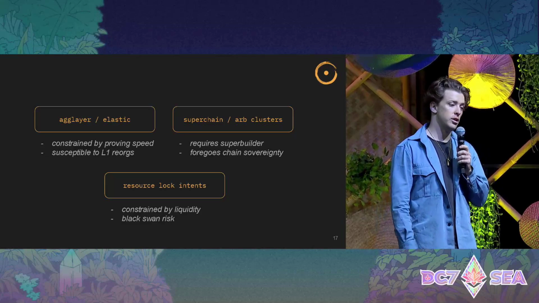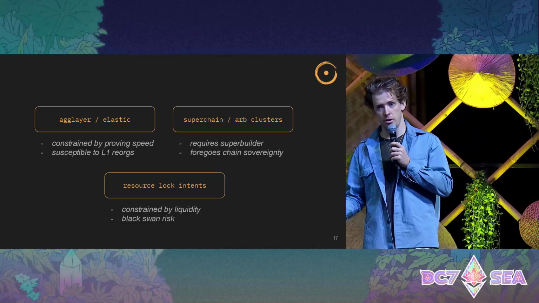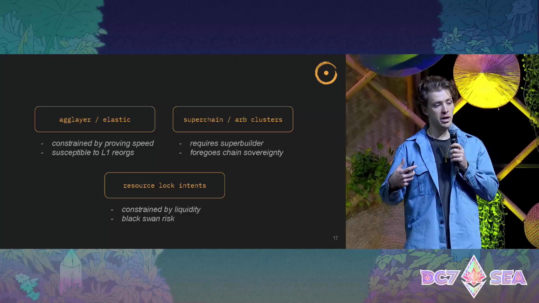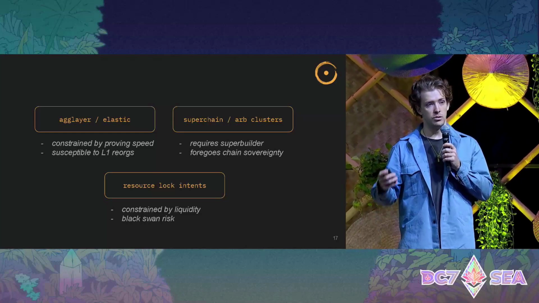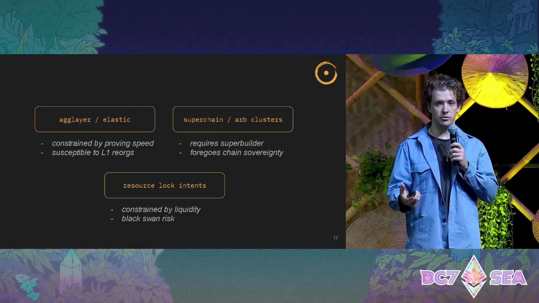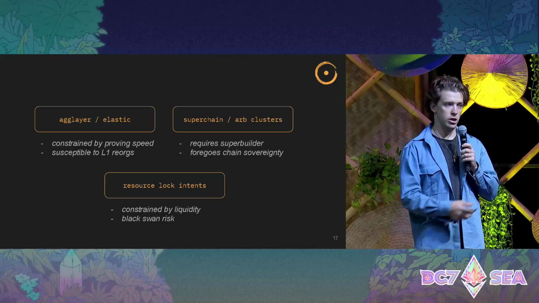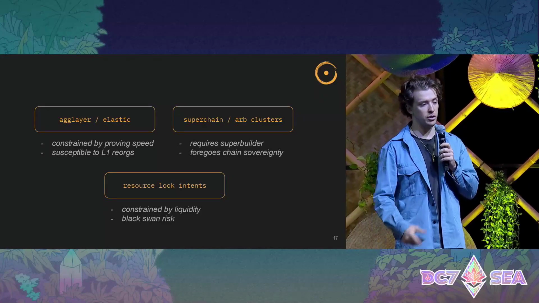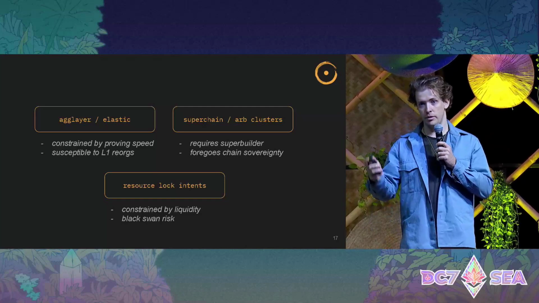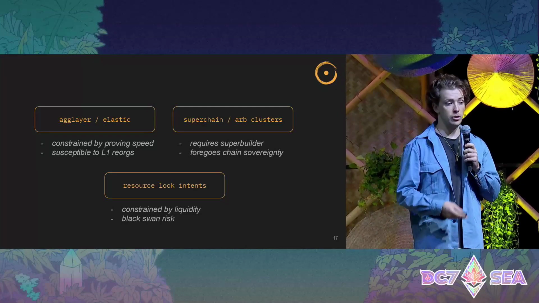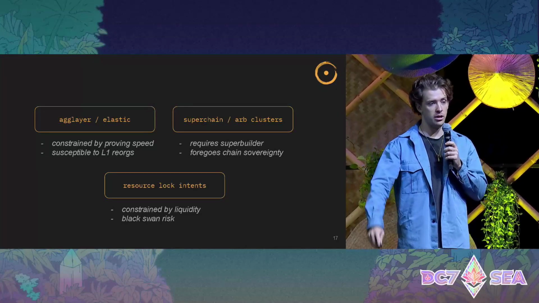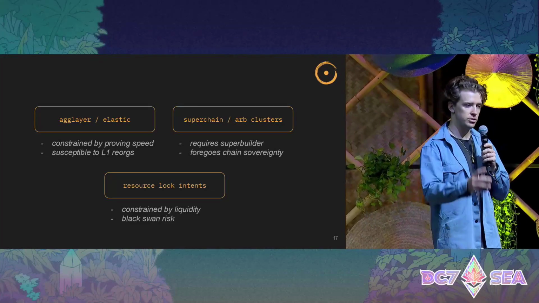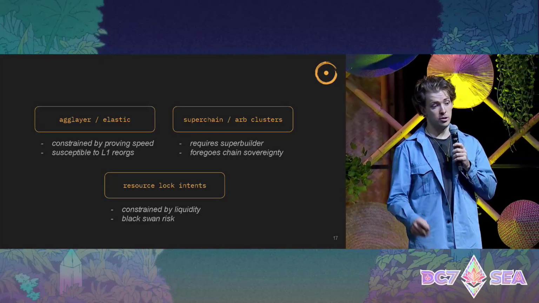So if, for whatever reason, the L1 that you're posting your blobs or your proofs to ends up reorging away that blob, and you end up posting a different set of transactions, any other rollup within this interop ecosystem that's listening to that post will have to also reorg. And so you have security assumptions that are conditional on other security environments. So it's not ideal.